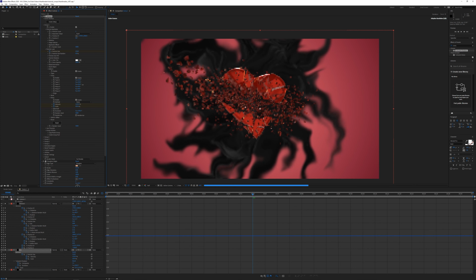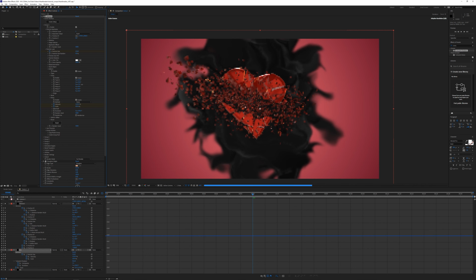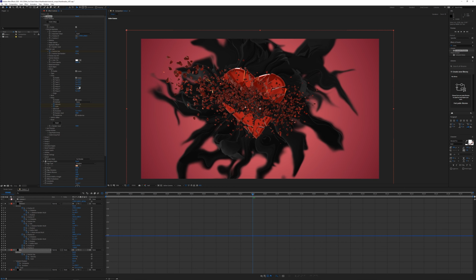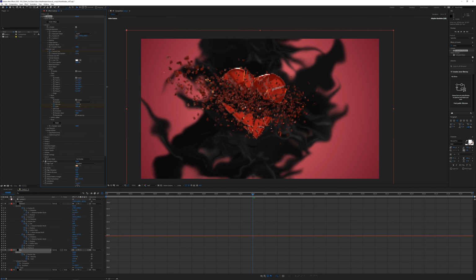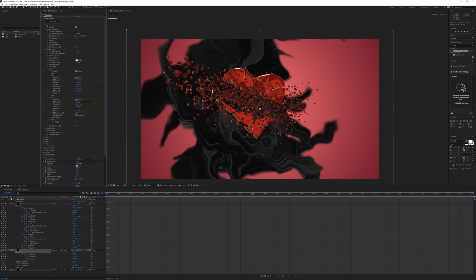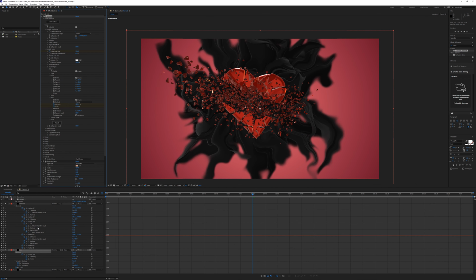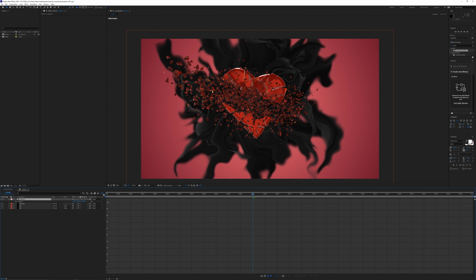Along with all of these other parameters too, which we haven't even touched, like twist Z and altering the phase. So many different random looking weird abstract swirls that you can do with this, and if you blur them enough, it can kind of look like an ink cloud. So this might be a little bit too sharp in places, but next we're going to add some depth of field. So let's close these tabs, make sure everything is visible.